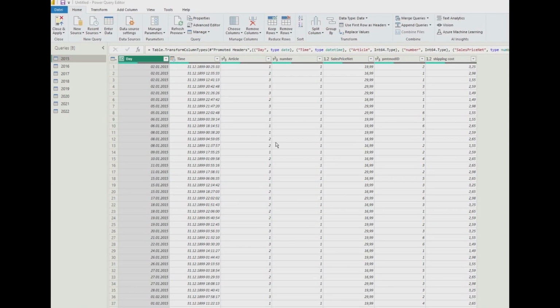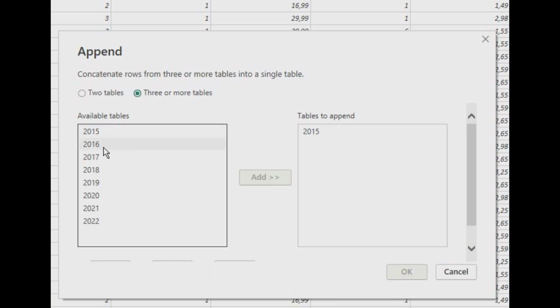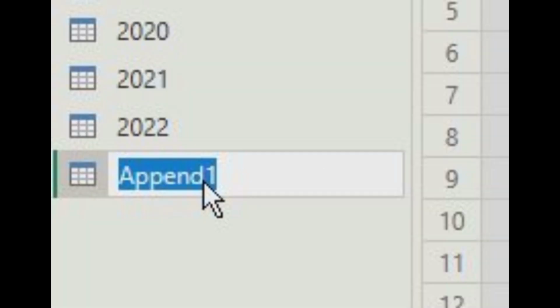Often when I load data from Excel, I get some empty columns. This is great. So let's append the queries and let's append them as new. 3 or more tables. So I'm just appending all the different years. And I call that fact sales